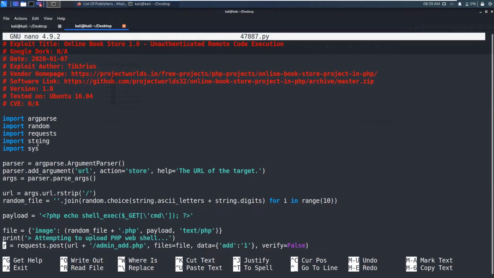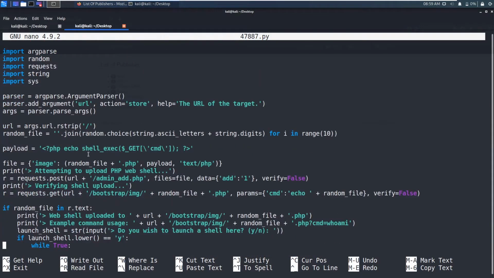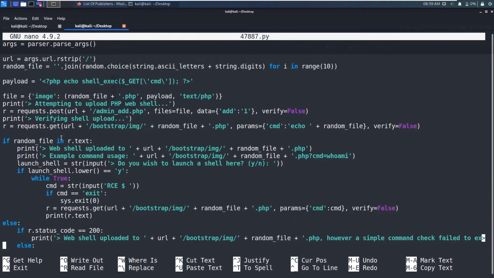Now it's asking for the URL of the target, and then it's executing the shell_exec command, and it's using the cmd parameter in the URL. Cmd equals, say, ls, then it will execute, and then we will get the reverse shell.